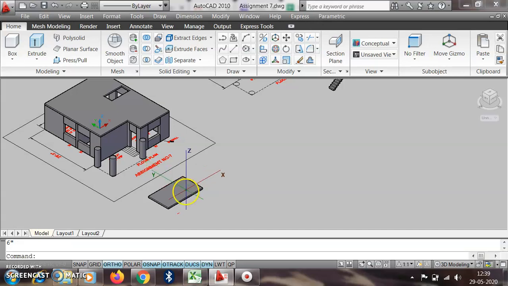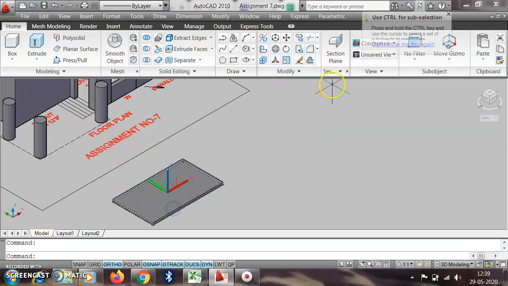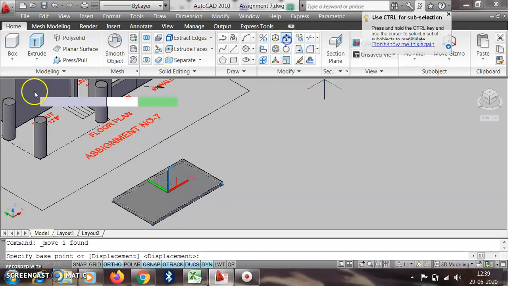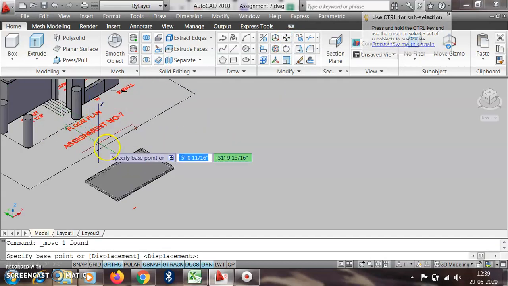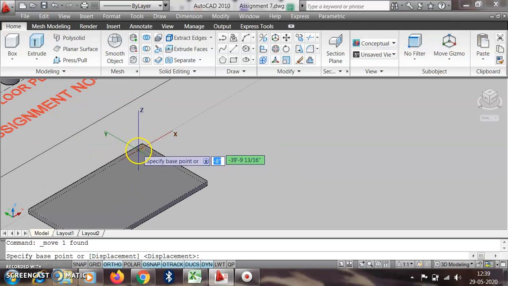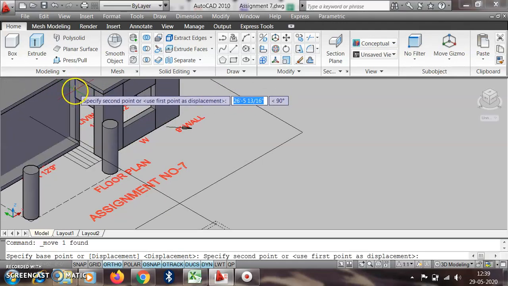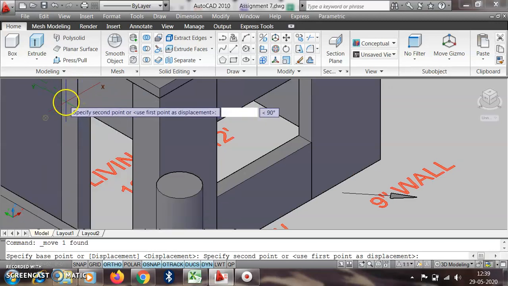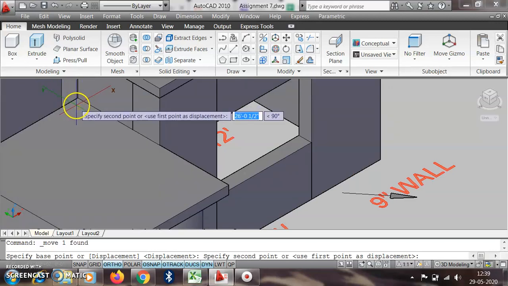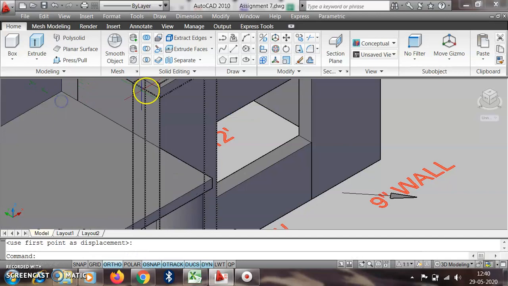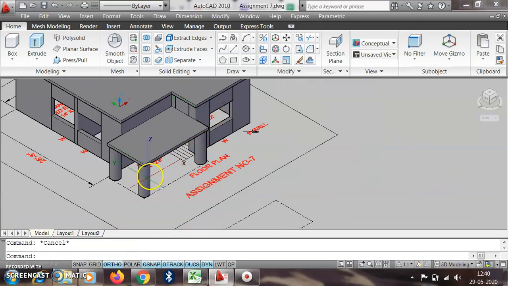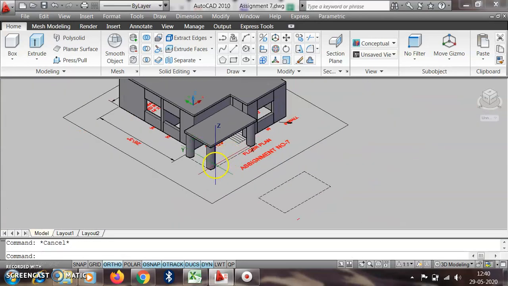Enter, and then we move this slab from this point, and at this corner we can place it at the corner of this building. At this 7 foot height we clearly place this slab. So this will be our porch.